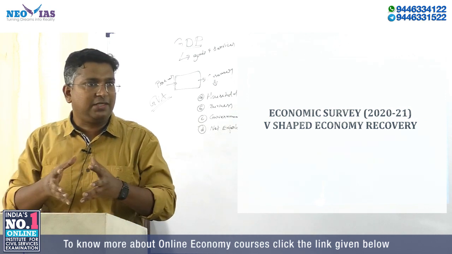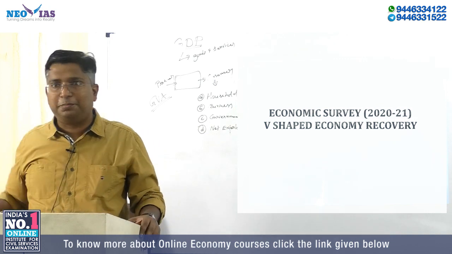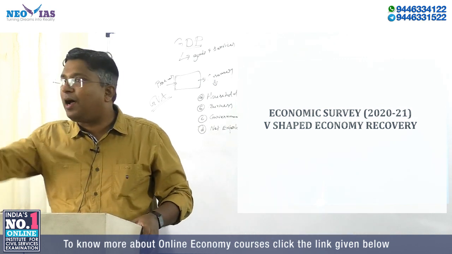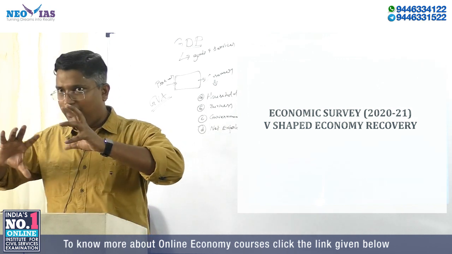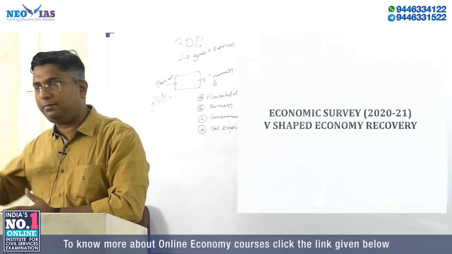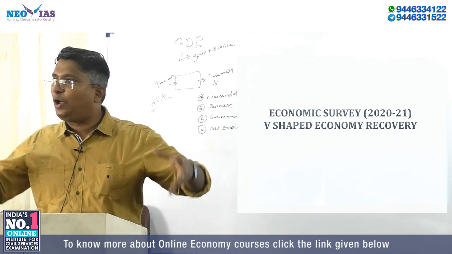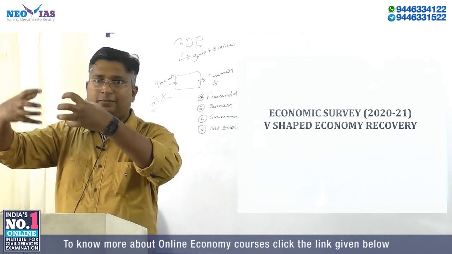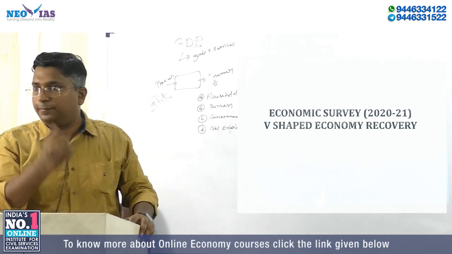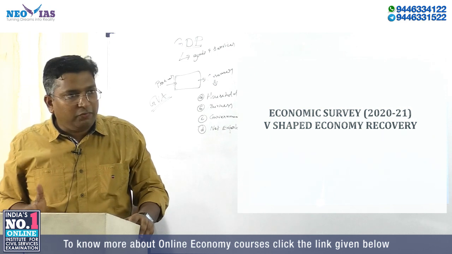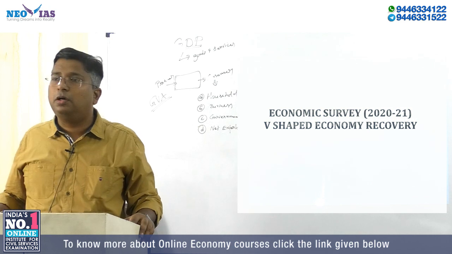See, goods or services, especially in the case of goods, only value addition should be counted. Otherwise, repetition will come. Take the case of a car. The tire manufacturer produces a tire, and you calculate it. Then the car manufacturer produces a car. If you add both car and tire, then it's not the right GDP or right national income. That's why from the supply side, from all three sectors, we will find out gross value added.